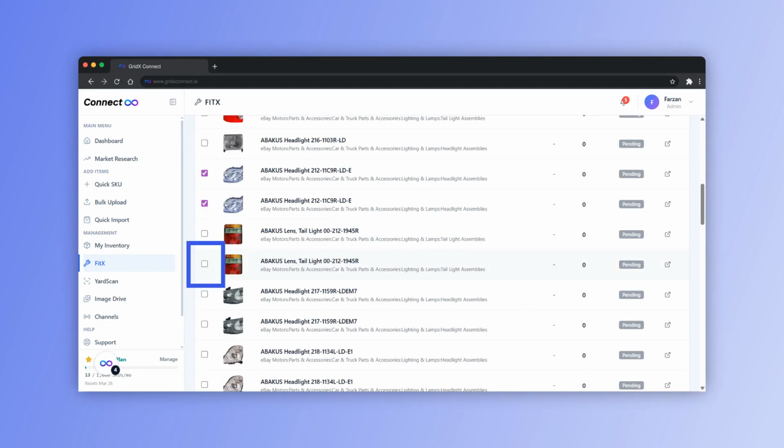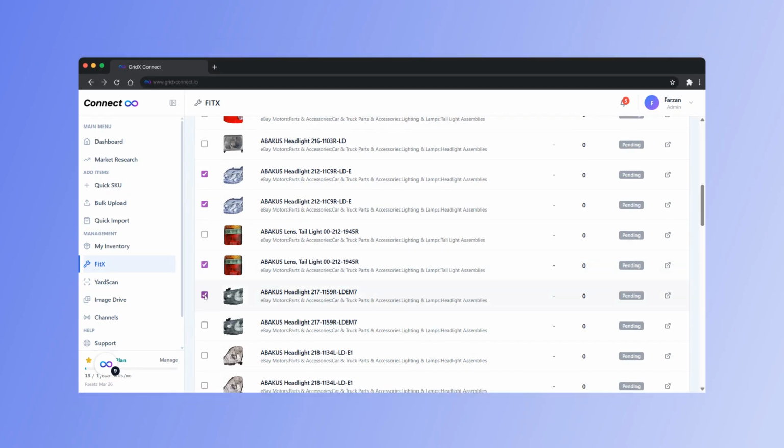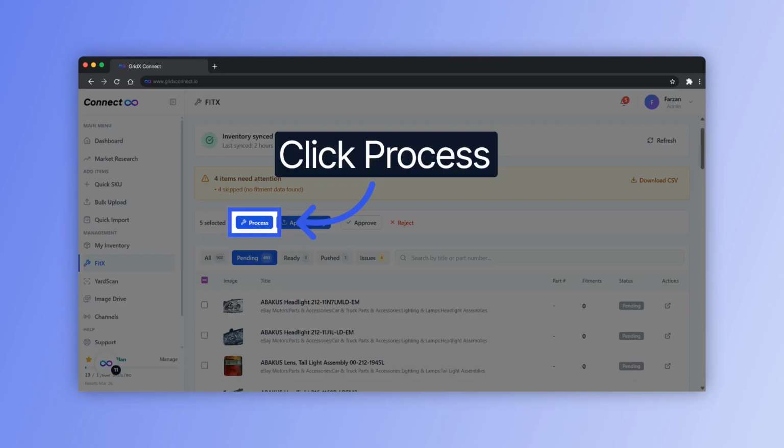Select, select, select. After selecting the required items that need fitment compatibility enhancement, now go up. Click Process. The AI extracts fitment data for each part, matching it to compatible vehicles based on year, make, model,